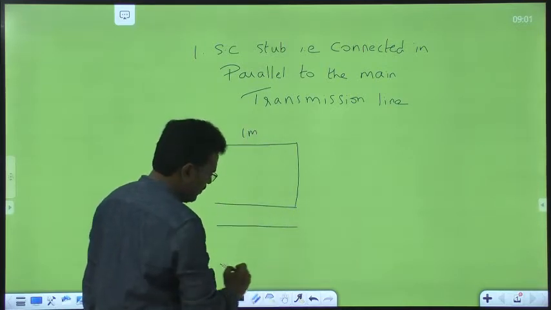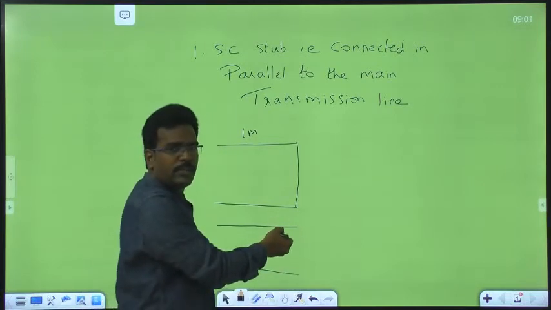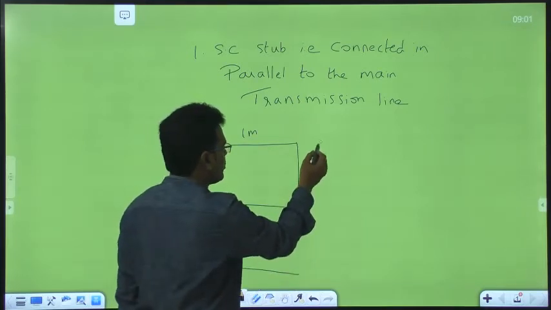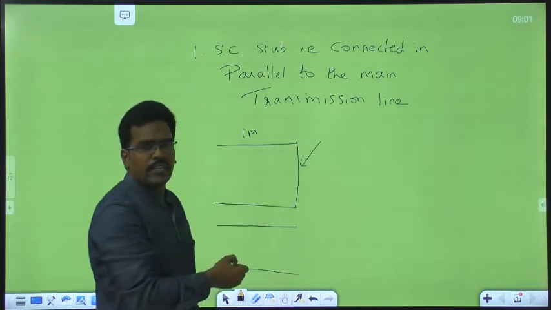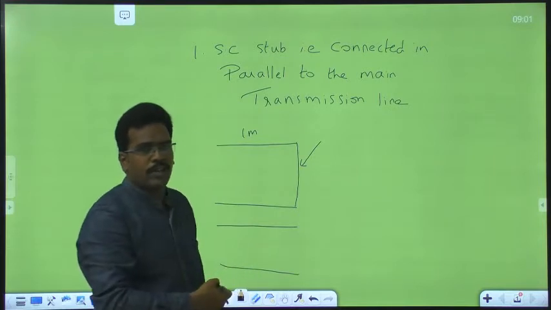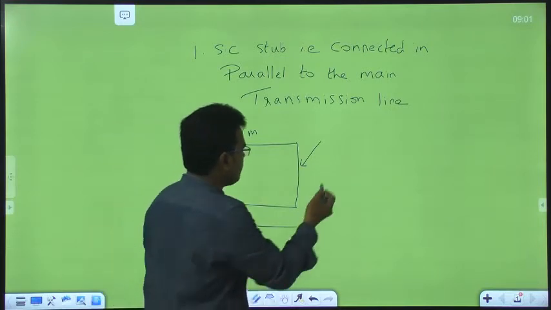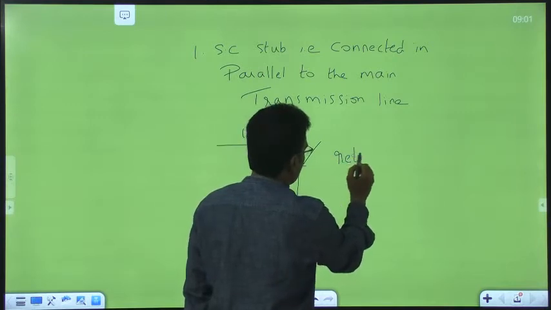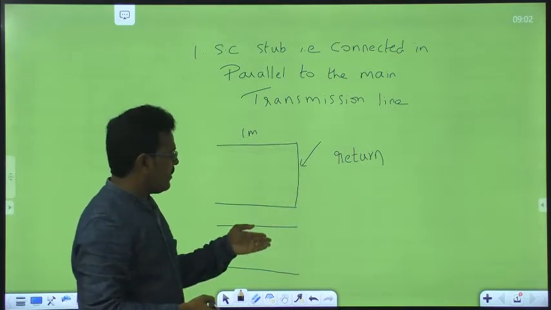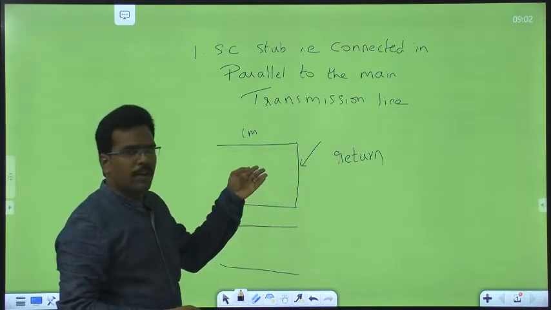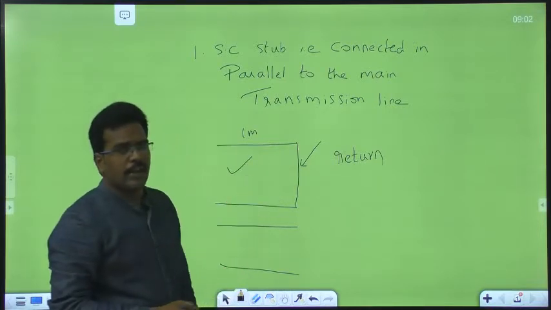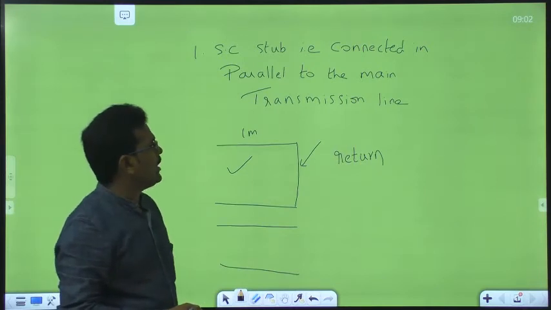In case of an open circuit stub, it cannot be stable because it may bend. It does not have any mechanical support. In case of a short circuit stub, because of this wire, it is going to have good mechanical support when compared with an open circuited stub. And one more point is that return losses are less in a short circuited stub when compared to an open circuited stub. That means the open stub may behave like an antenna, and the short circuited one does not. That's the reason why we prefer short circuited stubs in parallel to the main transmission line.